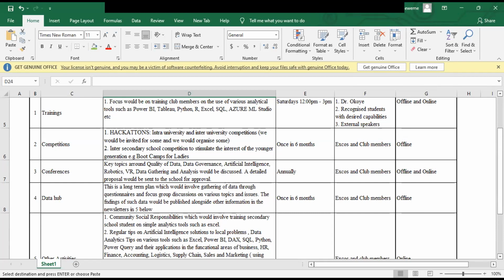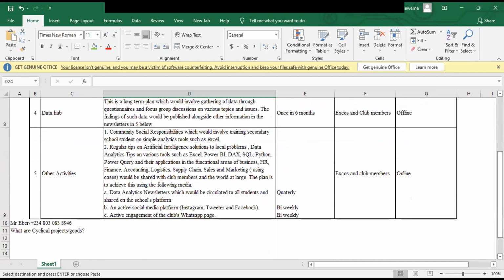Maybe we'll have a cloud service where we are storing all this data, so that one day in the future, you never can tell where you'll be working, and you will need data on a particular thing, and you know, okay, the data analytics club in LBS, we can get the data from them. So that was basically the idea, to become a repository of data on different topics and issues.